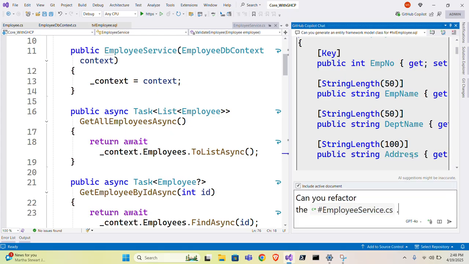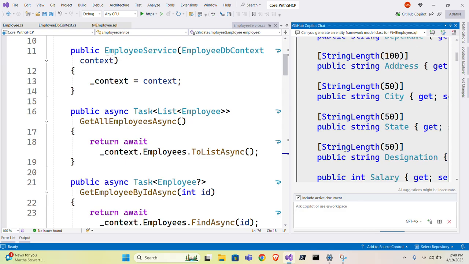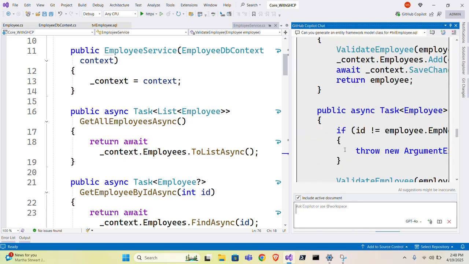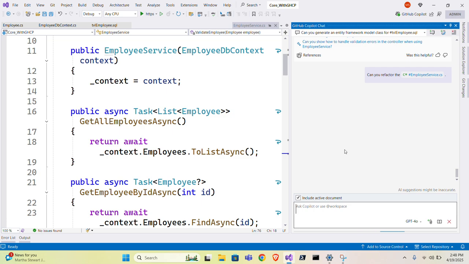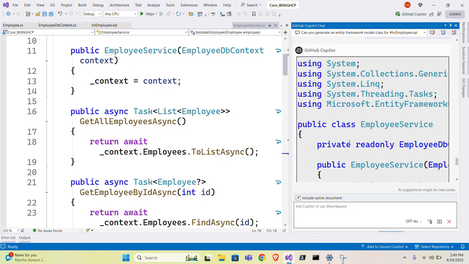Okay, so let me stop here and then let me do it. And let's see what code is generated. So it is still thinking. Okay, so here,